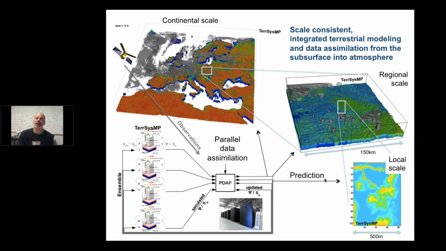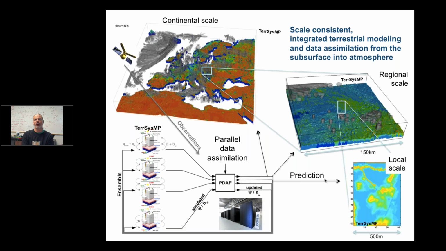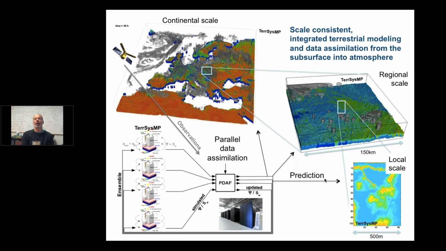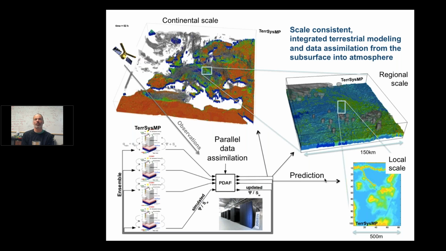Okay, so the next question is, GRACE is one way to monitor, or was, unfortunately, one way to monitor continental water storage. Are there any other remote sensing tools that are coming up that would augment this? So maybe if you could expand on your thoughts on how remote sensing can be integrated in these types of modeling frameworks.